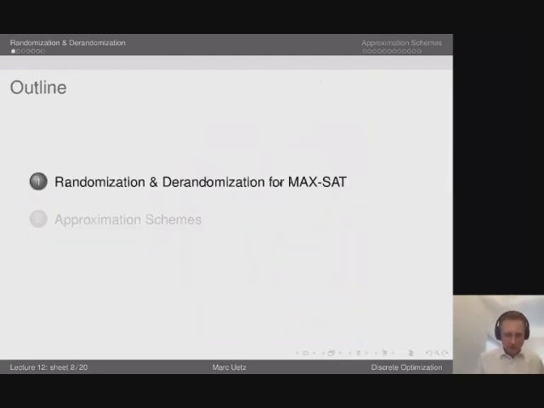So what did we do? We had a randomized algorithm on the example of the maximum satisfiability problem, and we were able to de-randomize it into a deterministic algorithm achieving the same performance guarantee. And I would like to at least